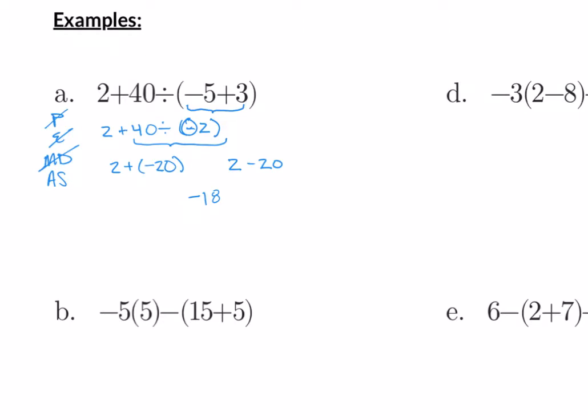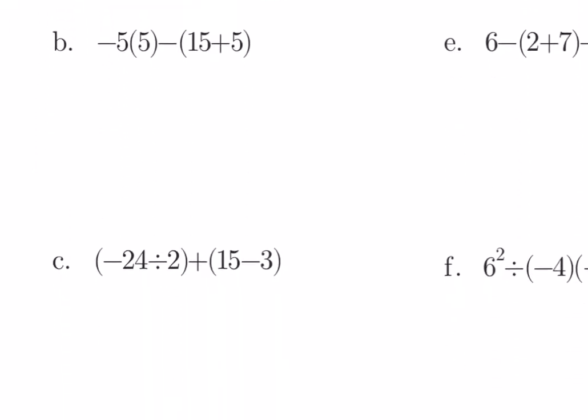All right, let's keep going. Let's look at example B. Example B, we have -5 times 5 minus 15 plus 5. So one thing to note on this problem is we do have parentheses, but we only have one thing here that counts as parentheses, and it's the 15 plus 5. These parentheses just signify multiplication. I cannot simplify inside. So we get -5 times 5, I'm going to bring that down,